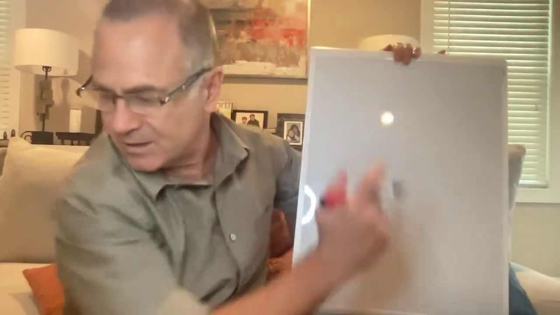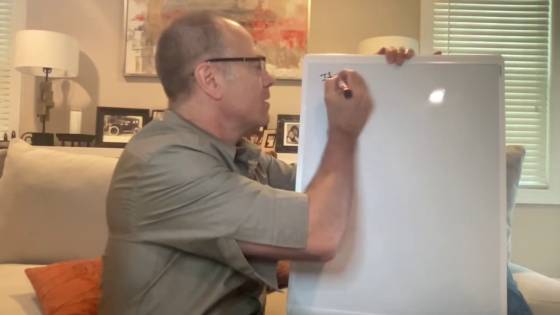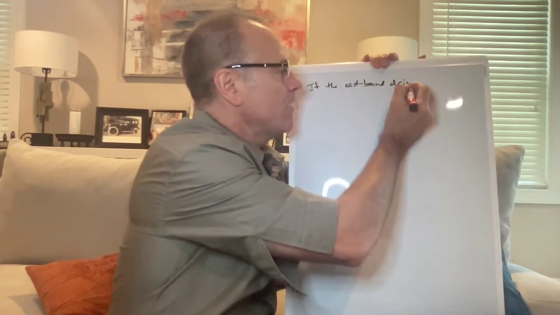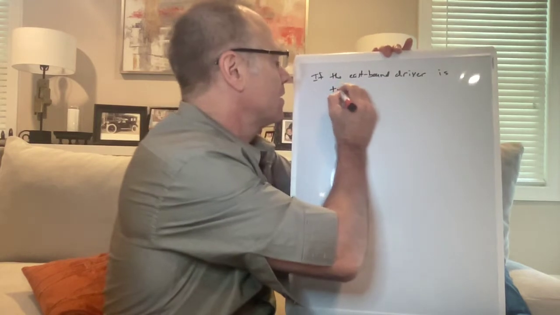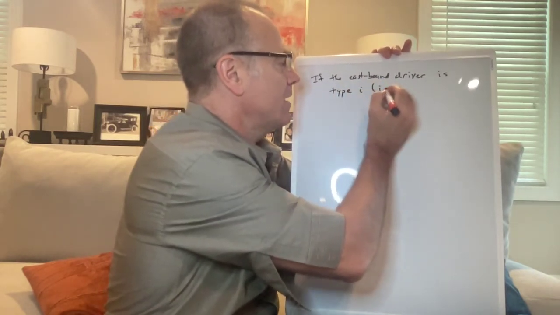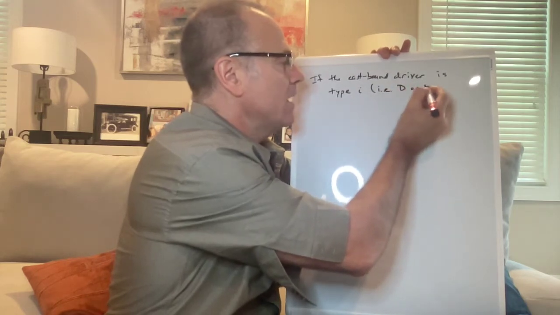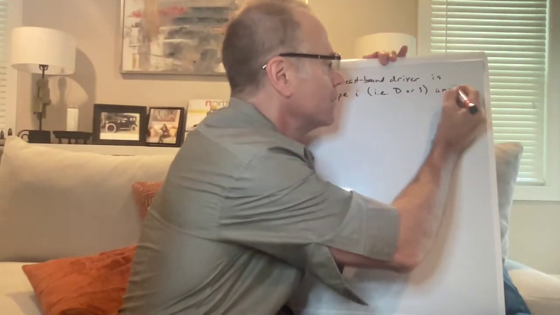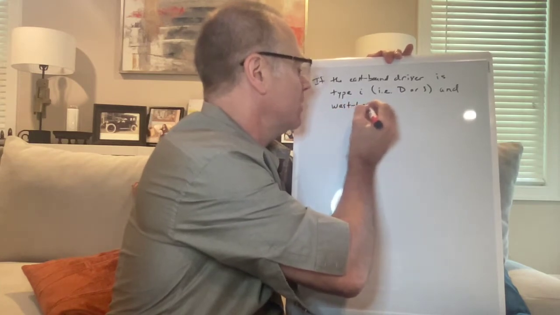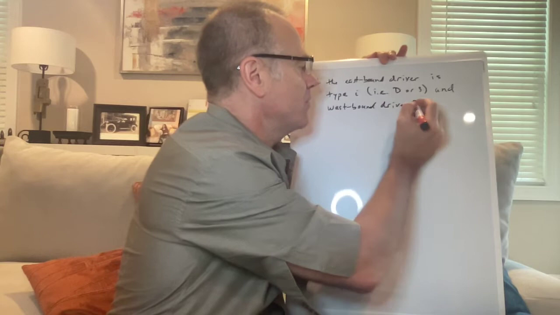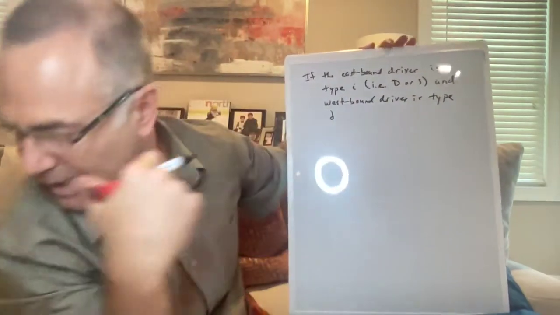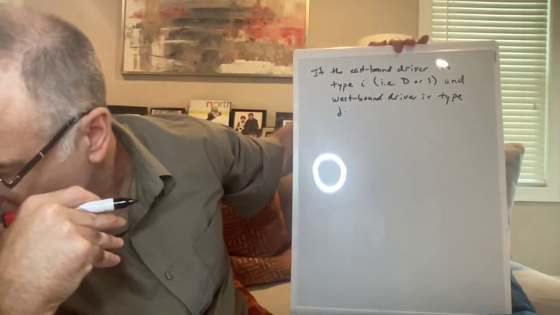Okay, let's define this. If the eastbound driver is type I, i.e. D or S, so I represents a D or S, and the westbound driver is type J, again, it's a D or S. The probability